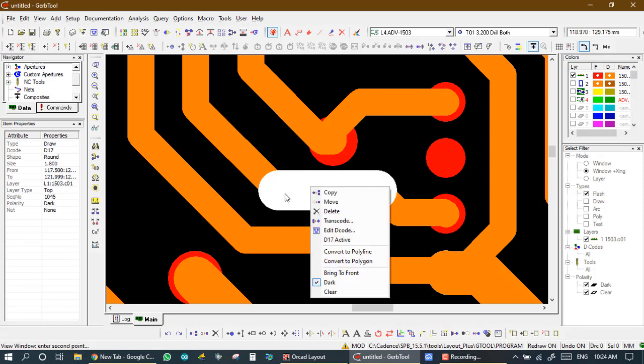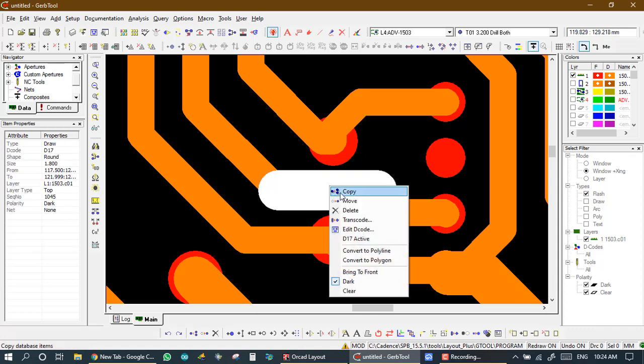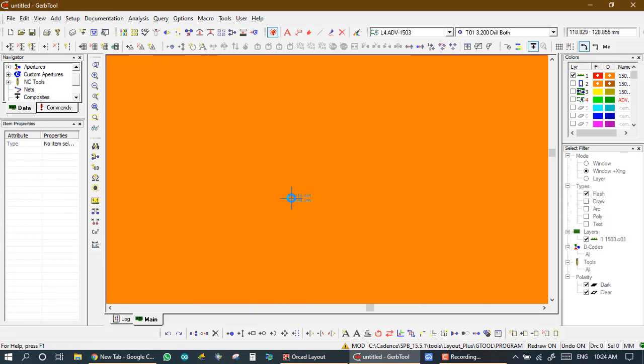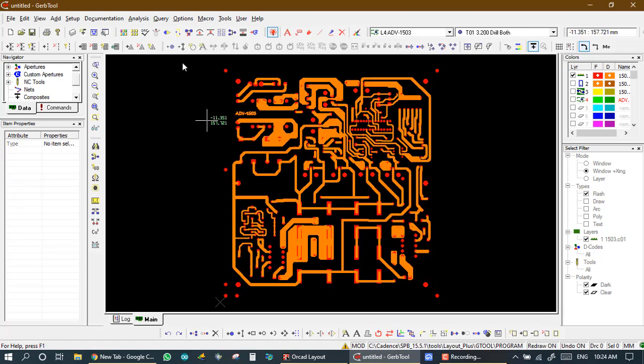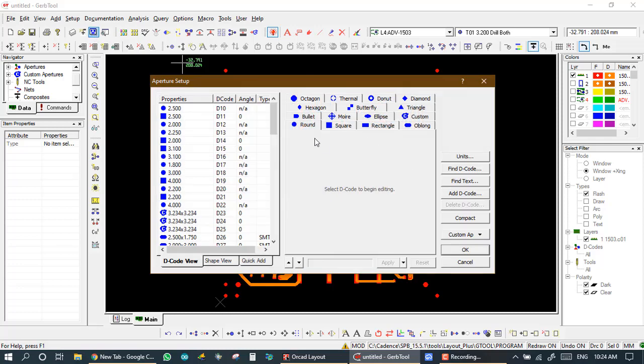Second option is to edit in decode. First we select and take information, and it's D17. And we take this D17, and it is 1.8.